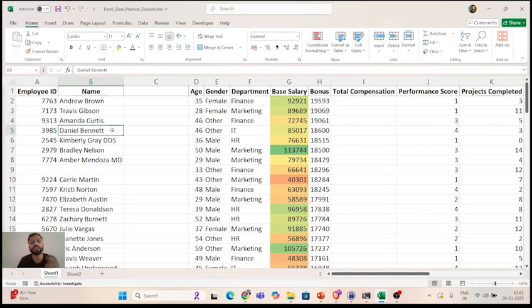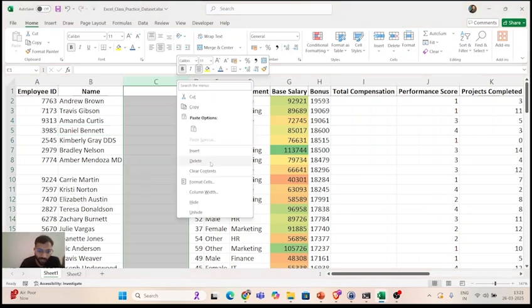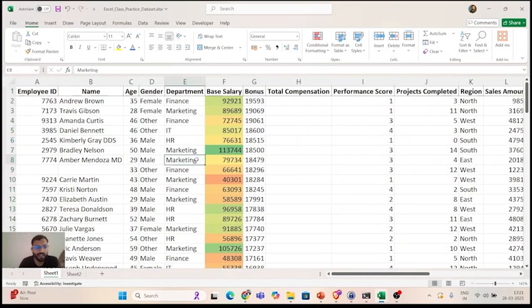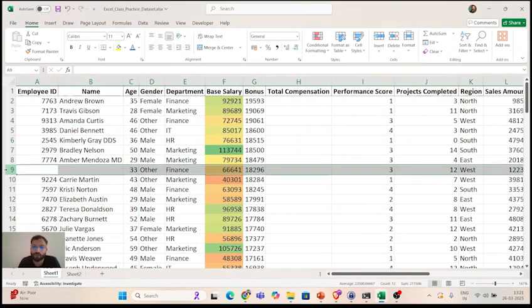That is why we need to clean the data. I should remove this column first. Delete. Right? In fact, I should also remove these blank rows before doing sorting. That was a very good use case. Okay, that's a very practical example. We see these kinds of anomalies or errors in the real world also.